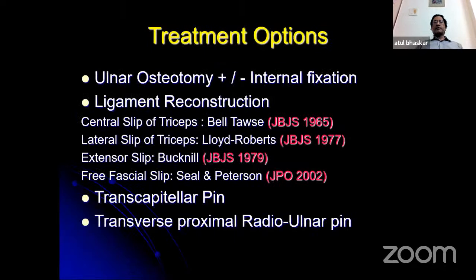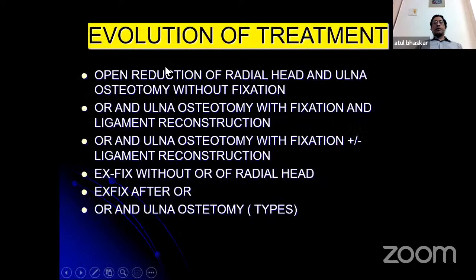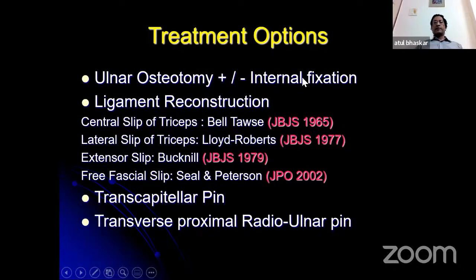There are several treatment options. The most important is to do an ulnar osteotomy. So if you get a case of delayed Monteggia fracture, you must comment on the ulnar osteotomy. There are various types of osteotomies. You can do a proximal ulnar osteotomy, but always do an internal fixation. In the past, one would do Dr. Mehta's method, never did a fixation, but nowadays one always does plating.